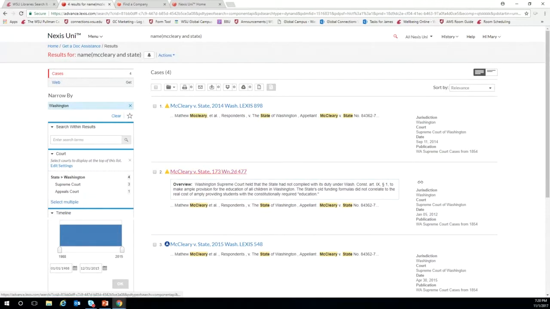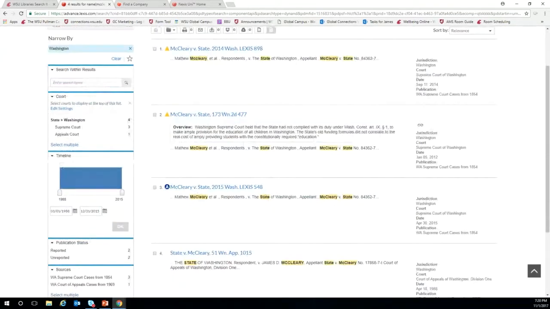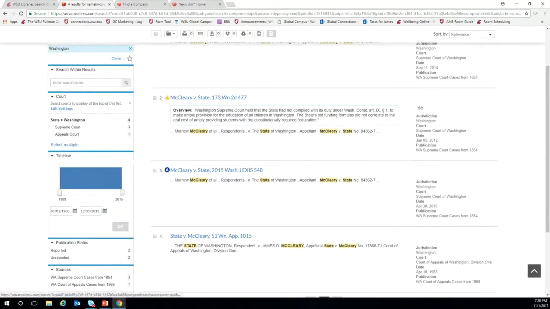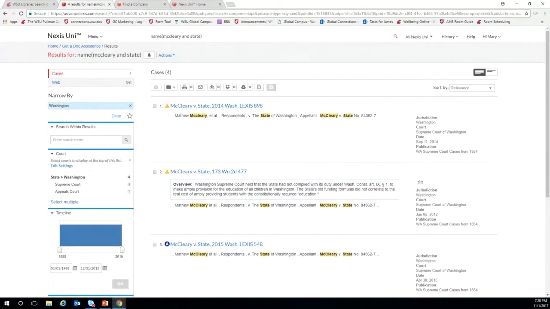We've got the original decision by the Supreme Court. We have an earlier appeals court decision. And then we have 2 other documents from the Supreme Court providing direction to the state legislature,